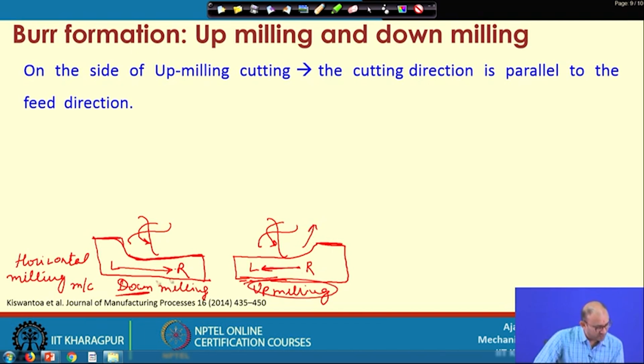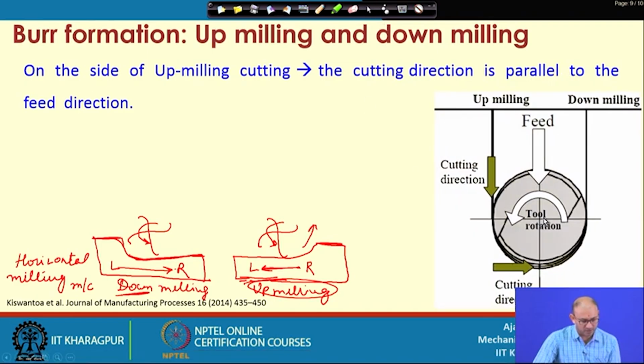This is what we are discussing, or we are giving some names in terms of the movement of the workpiece with respect to the rotation of the cutting tool. Now, you can see that on the side of up milling, the cutting direction is parallel to the feed direction. So, this is also one of the ways by which we can define it in terms of the feed direction. Now, you can see here,